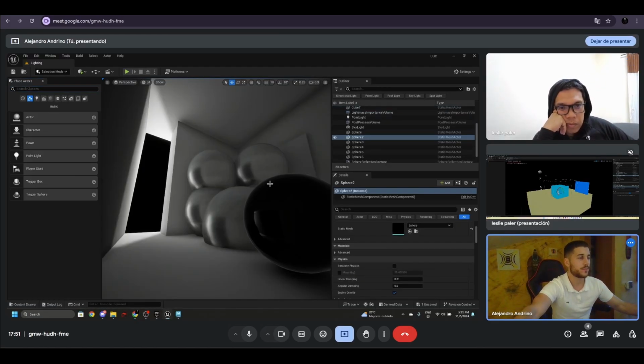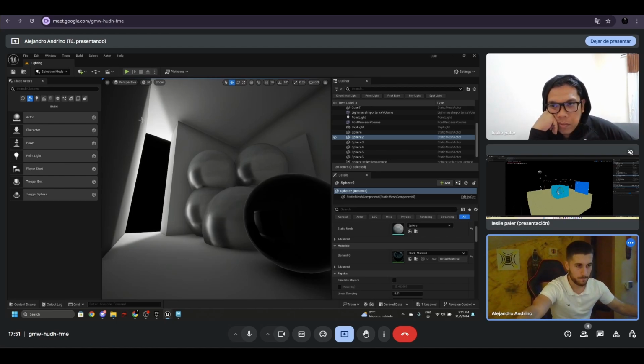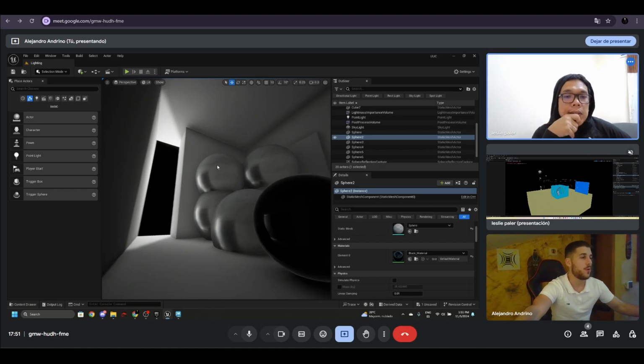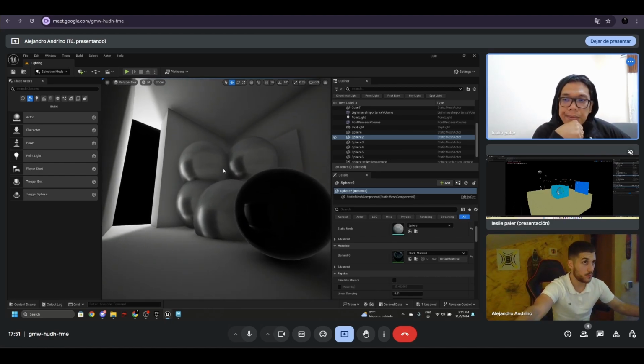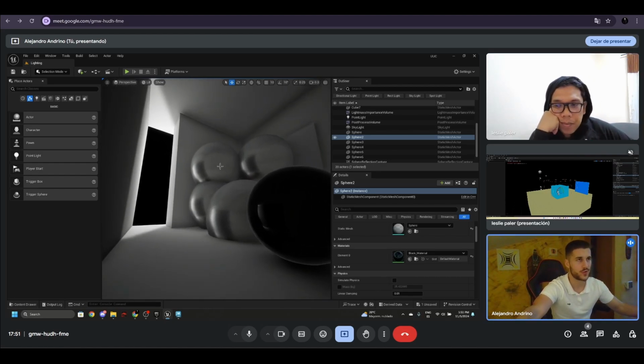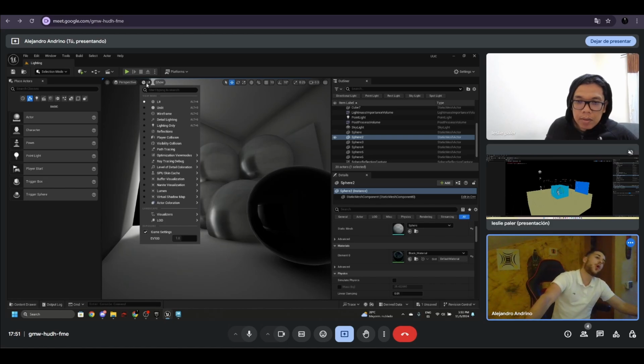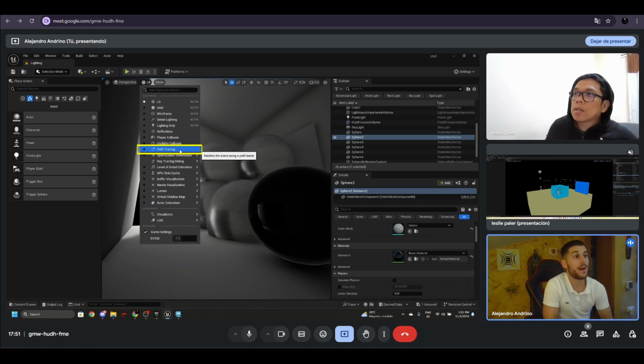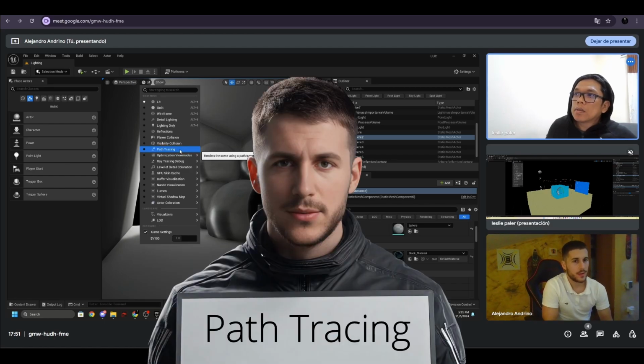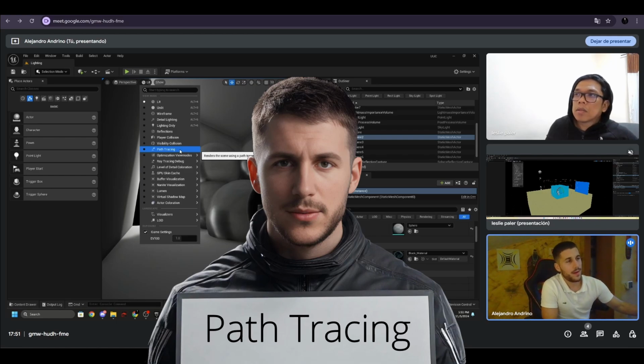We have seen the CPU build. Now we have seen the GPU build, which requires ray tracing and all these features to be activated. Now, there's an option that got activated, which is the path tracing. This option got activated because we activated the ray tracing feature, and the path tracer is